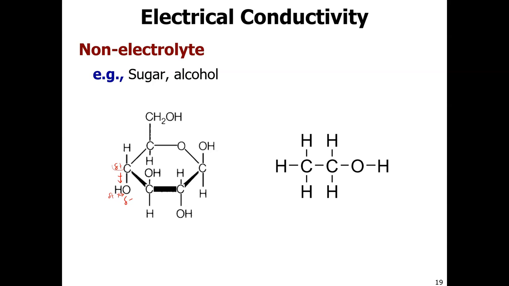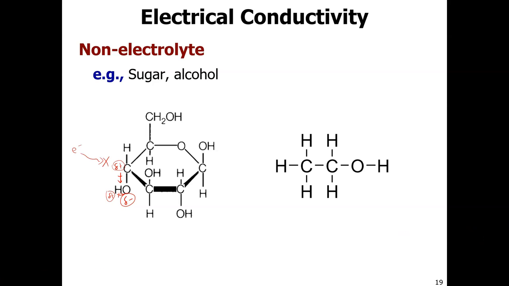So we do have these partial charges that help to make this soluble, but there's no full charges. There are not electron orbitals available for electrons to flow through here. So we can't put an electrical current. There's no extra space. There's just a little bit of movement within the molecules, but there's no full-on orbital that's available to flow through